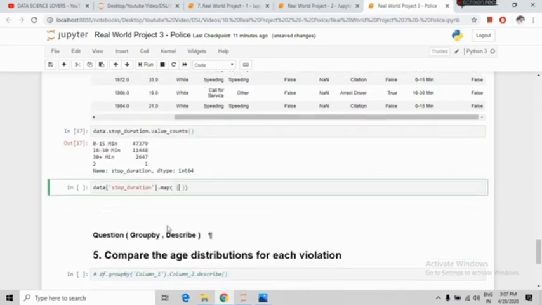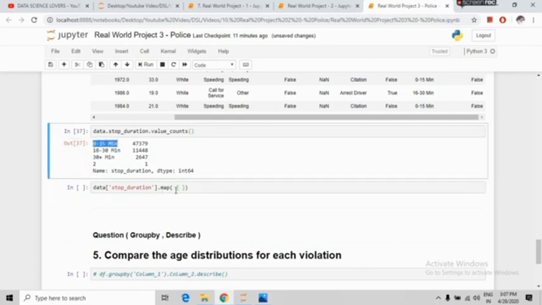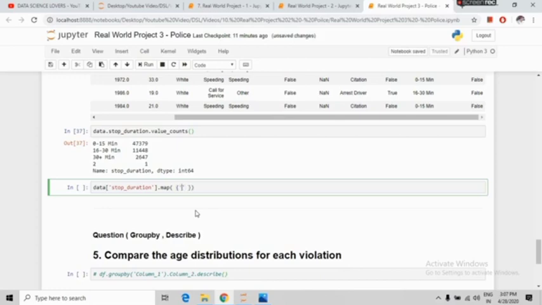So the first value we have to convert is 0 to 15. So we will copy it, and this is our old value. We will paste it, and the new value we are taking is the mean of 0 to 15, and the mean is 7.5, or the middle value you can say. And